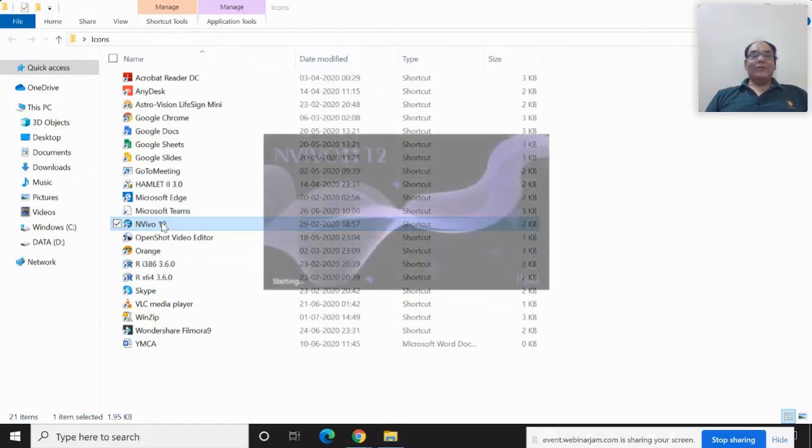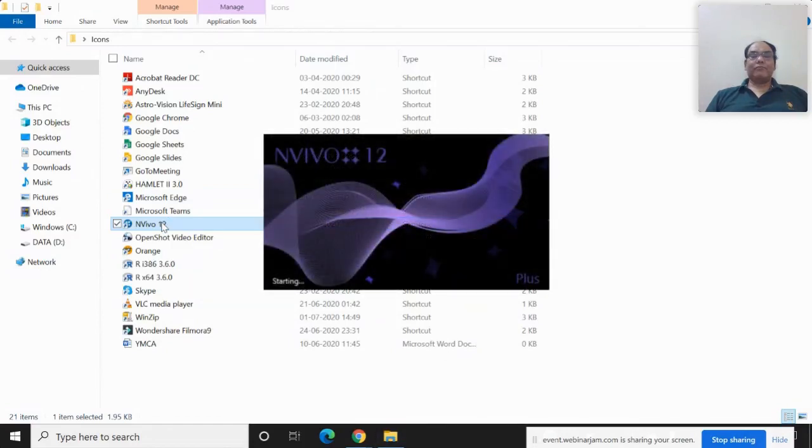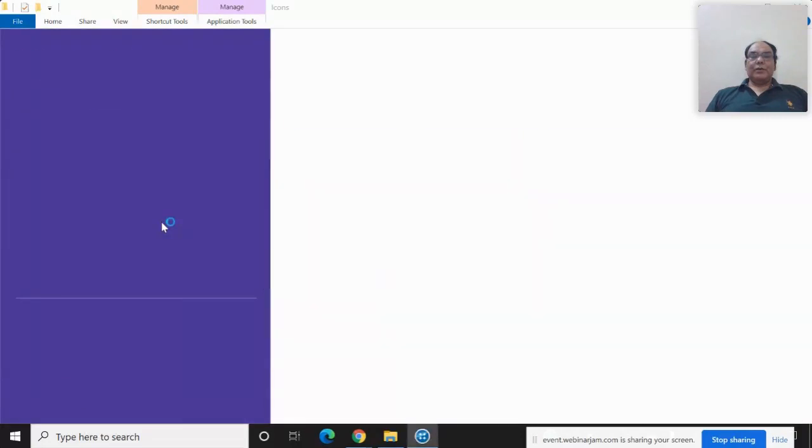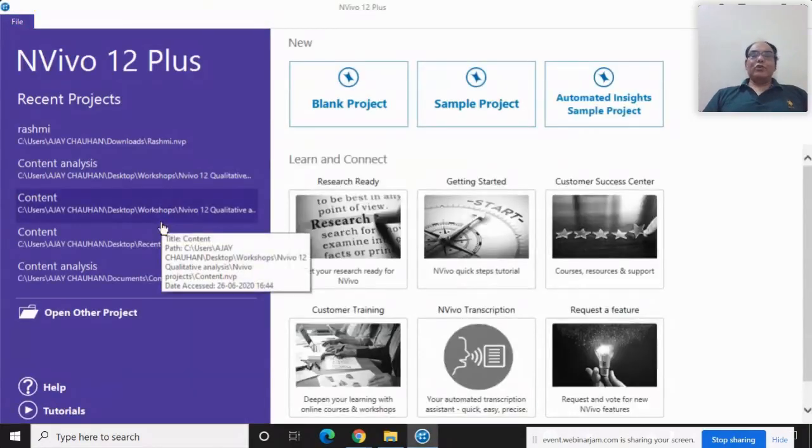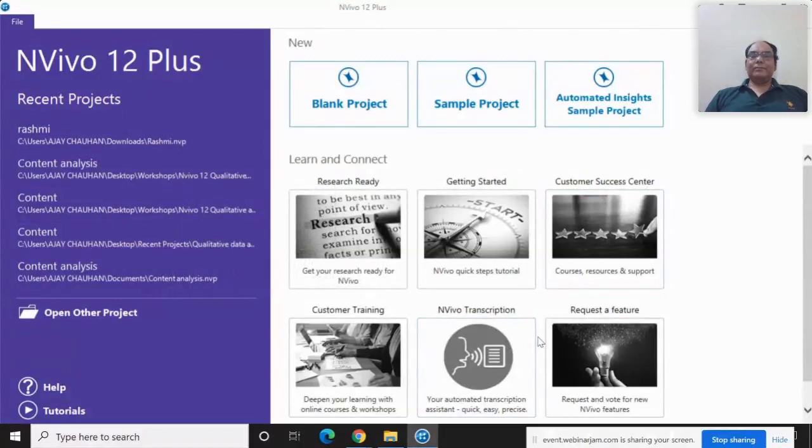When you open the NVivo icon, the software will open like this. Yeah, it will take time because it is a big software. Okay, so when you open NVivo, this kind of page will come.